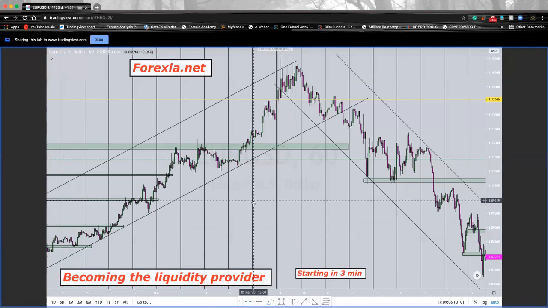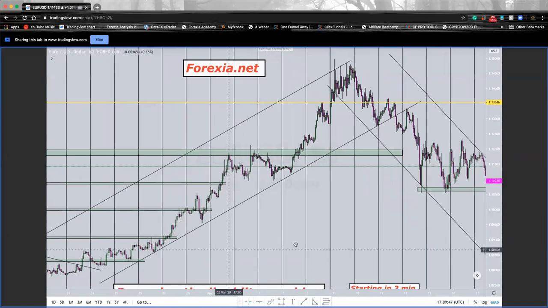So in order for you to become a liquidity provider or be a market maker, you need to buy and sell exactly when retail traders are doing the opposite. So if you want to buy, you want to see retail traders' confirmation for sell. And if you want to sell, you want to see them buying, okay, for any realistic or unrealistic reason, whether you believe it or not. The only way to become a liquidity provider is to master how retail traders trade and reverse engineer them. Let's get to the chart.